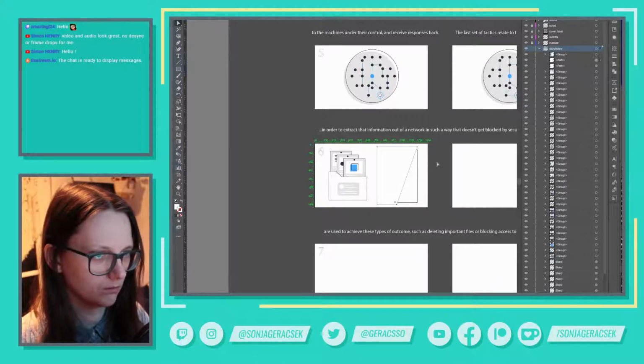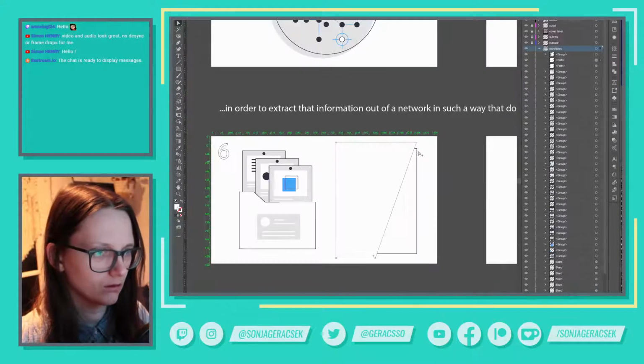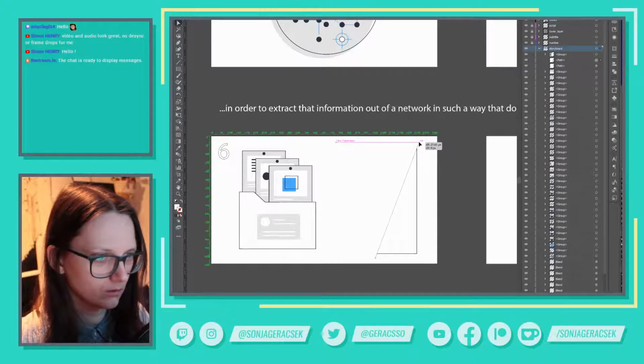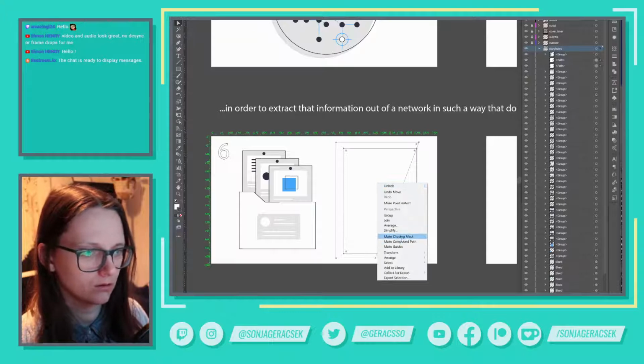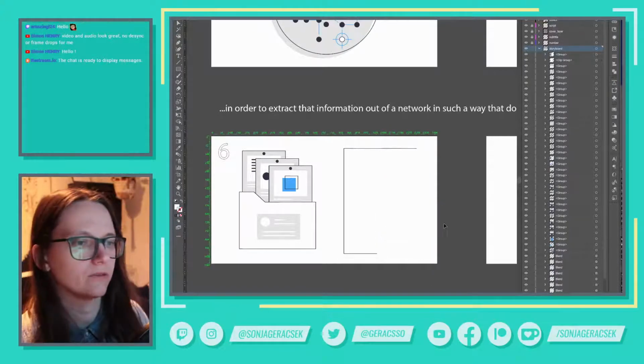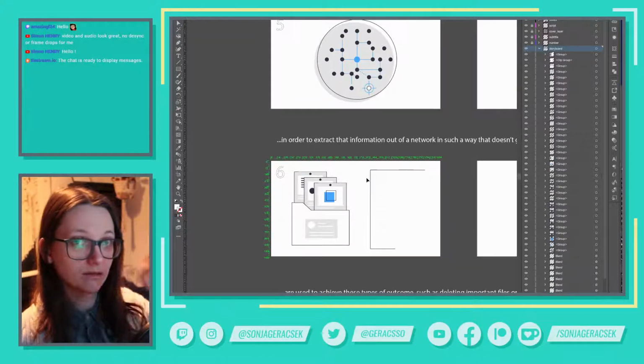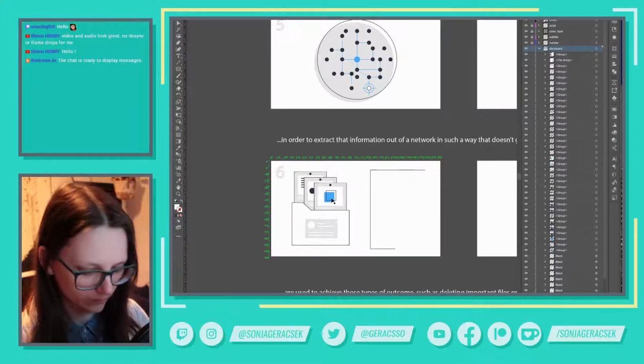Like, maybe something like this. And like that. Okay. Clipping mask. Okay, so now it like appears that this line is getting drawn on in the middle of nowhere,